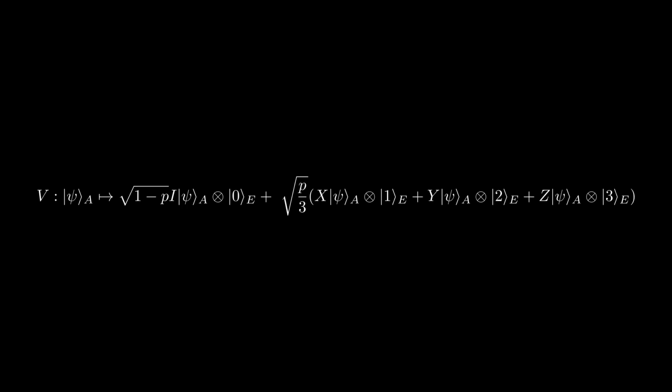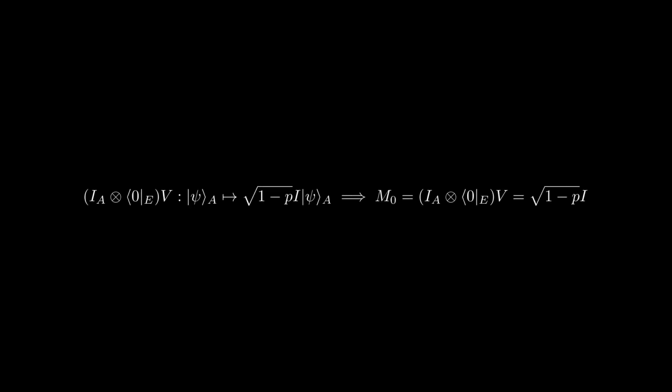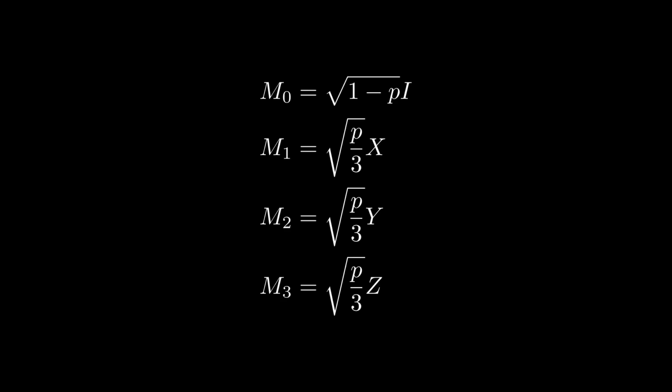To find the operator sum decomposition for this isometry, we simply apply the I-tensor operator we discussed in the previous video when covering how to convert isometries to operator sums. For example, for m0, we get the square root of 1 minus p times I. Repeating this for each basis vector in the environment, we get the following 4 operators, which are simply multiples of